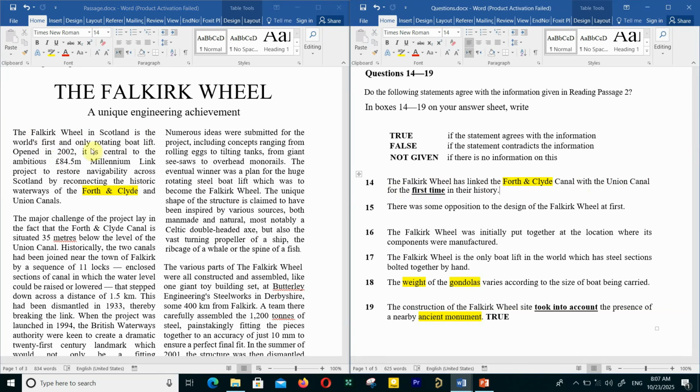The Falkirk Wheel in Scotland is the world's first and only rotating boat lift. But don't hurry. Opened in 2002, it is central to the ambitious £84.5 million Millennium Link project to restore navigability across Scotland by reconnecting the historic waterways of the Forth and Clyde and Union Canals. This is an important word to notice. Reconnecting the historic waterways of the Forth and Clyde and Union Canals. Reconnecting